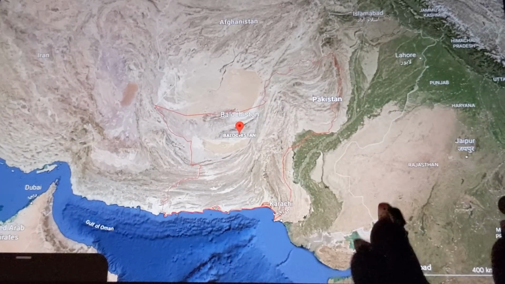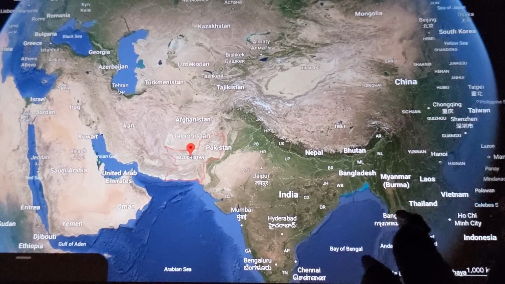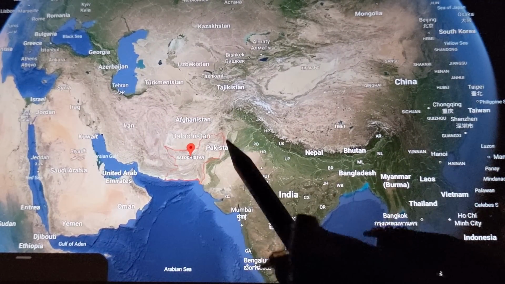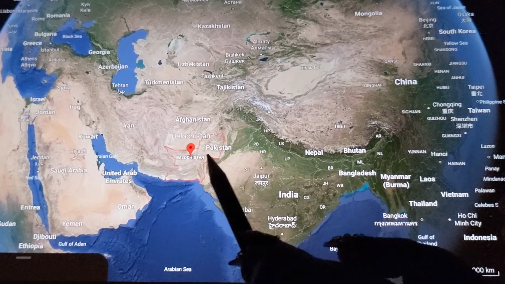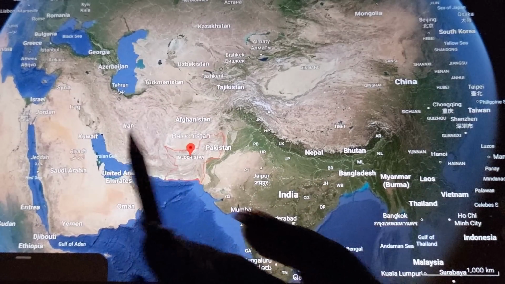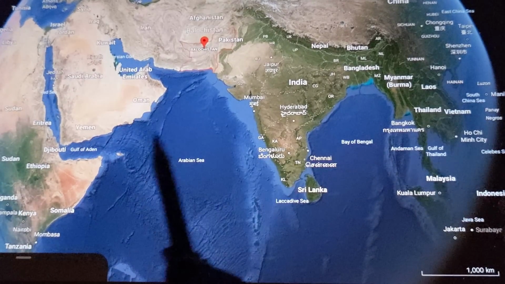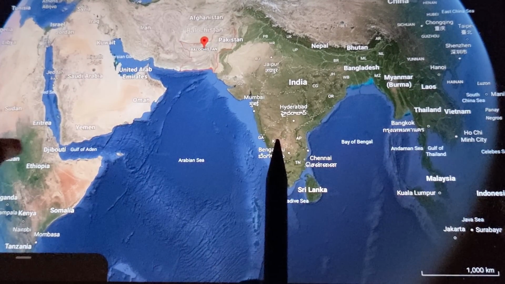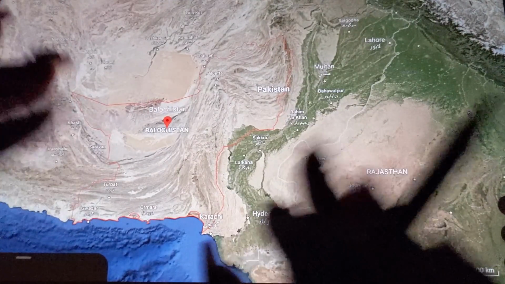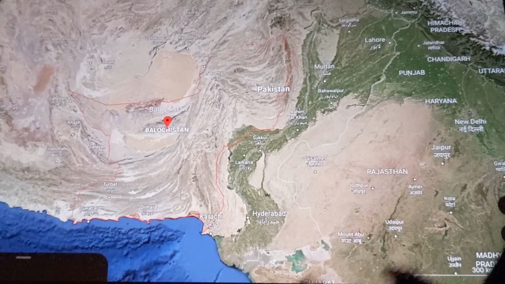Let's start by zooming out so you can see exactly where we are in the world. You can see just how large Balochistan is. It is massive. So there's Pakistan right here. India is over here. We have Afghanistan to the north, Iran to the west, and here's the Arabian Sea part of the Indian Ocean. Ignore my cat playing with his toys in the background. He's really got into a crinkly things phase, which aren't we all here in this community?